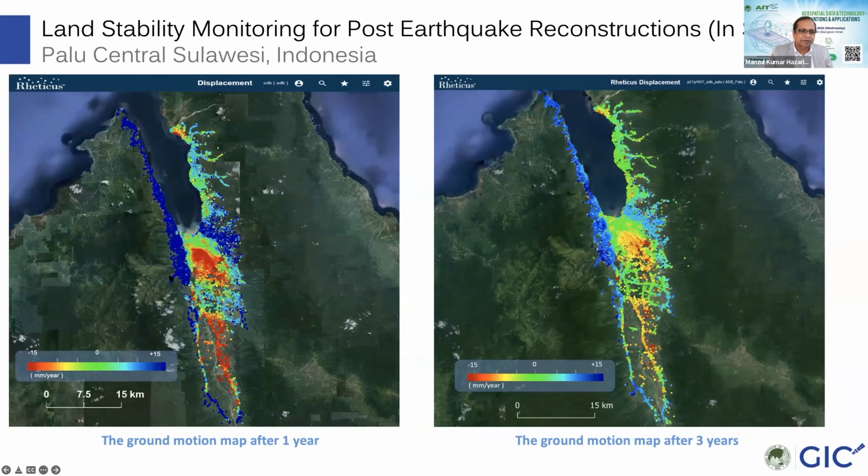So still some land is not stabilized, it is moving up or down. But now after 3 years, last year, 2021, as I said, we are monitoring. Now you see these are becoming green. It means it's becoming stable or going to be stable.